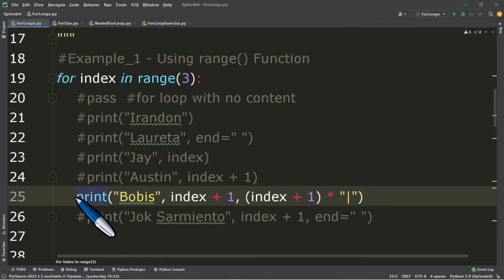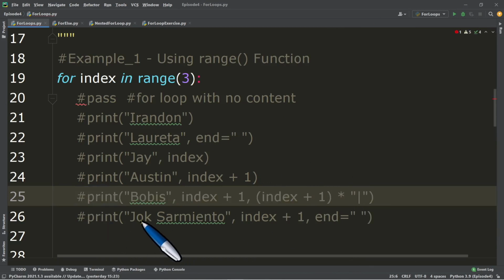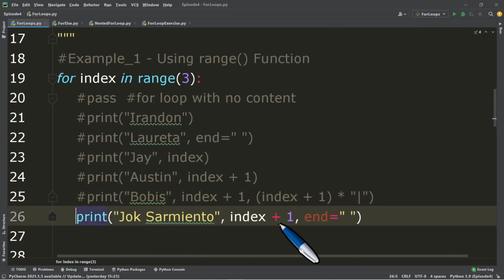Okay, so that's it. Next, for example, another output statement with 3 arguments, but this time, for example, we want